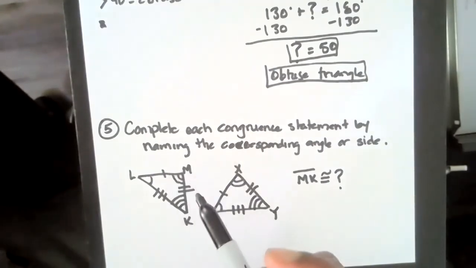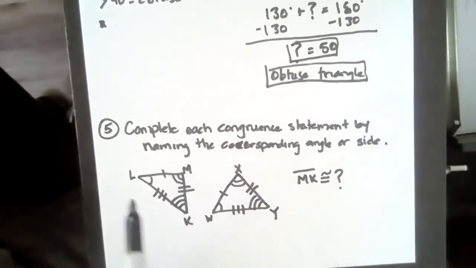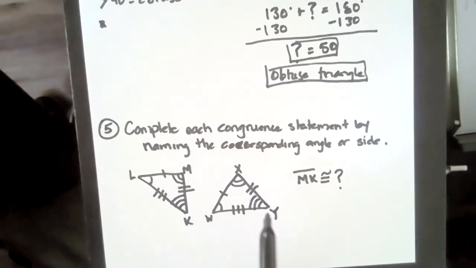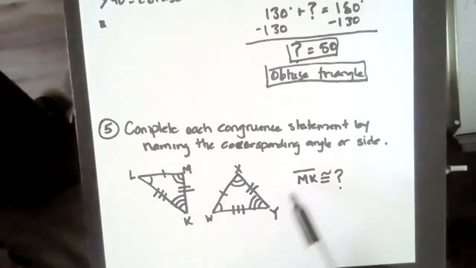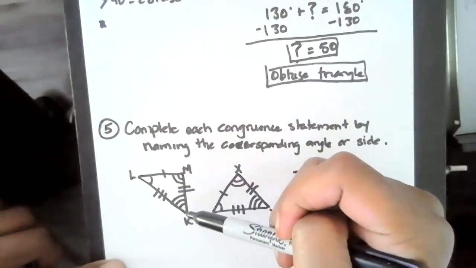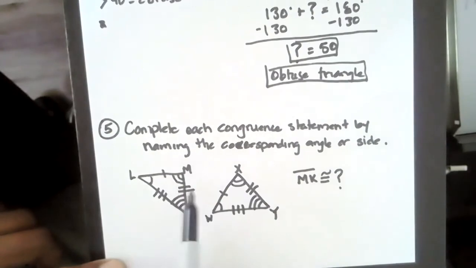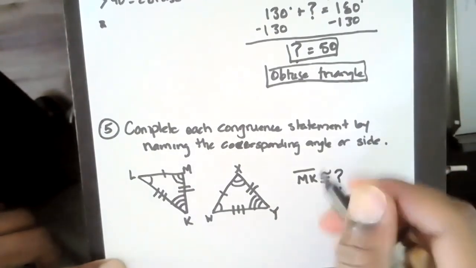Alright? You do the same thing for the angles on the inside. Angle L here has one hash, so you look for 1 hash over here. Angle L would be corresponding to angle W. Angle M here would be corresponding to angle X. Angle K would be corresponding to angle Y. So they're asking, line MK from here to here corresponds to which angle? You see that it has 2 hashes there, so it would be corresponding to